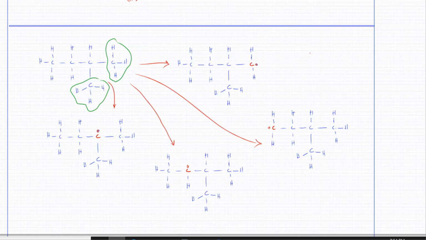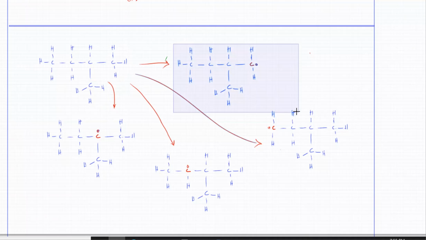Yes, sir. TK, is that clear? Hani, is this clear? Anna? Mariam, is this clear? Okay, these two are exactly the same. TK, they're exactly the same structure because they're branch structures that belong to the same carbon atom. Which is why I'm not making this a free radical, because making this one or this one, it's kind of the same thing.